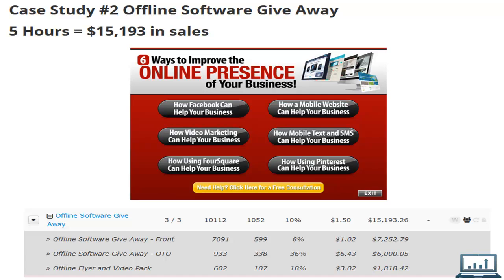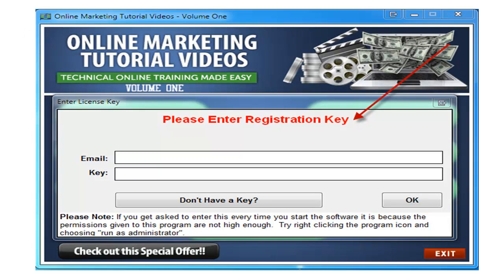So pretty cool. These are these dashboards that I'm talking about that I don't have to code. I don't know any programming language, nothing like that. So why are these software dashboards so great? Well, this is one feature of the software dashboards that I include, which is a registration key.